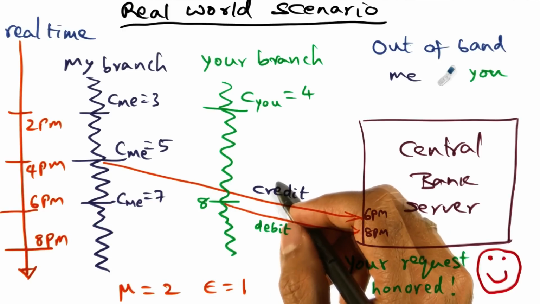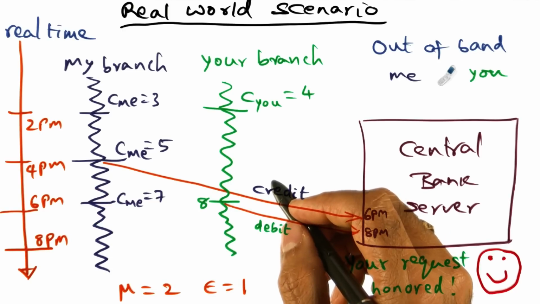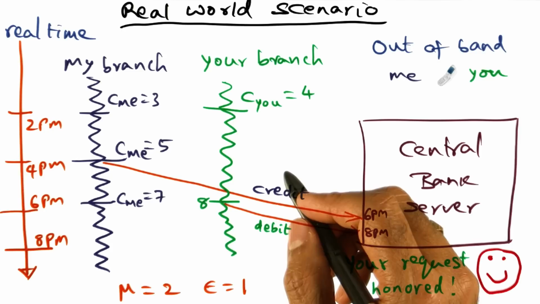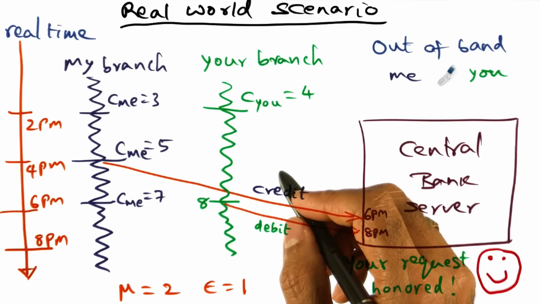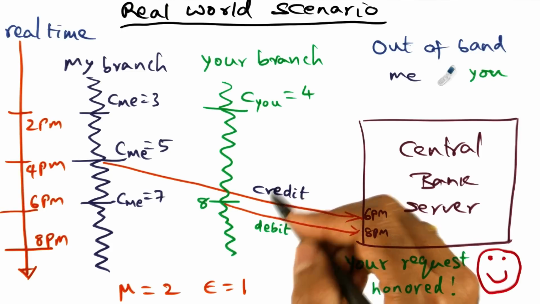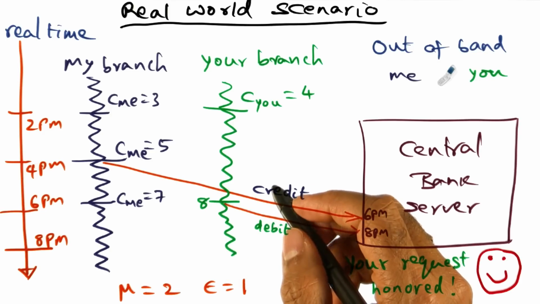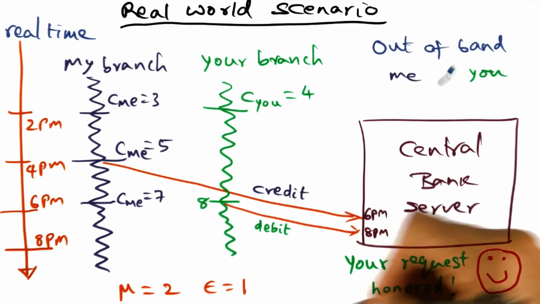So the important takeaway is that in constructing distributed applications which depend on real time, it is important to make sure that there are bounds on individual clock drift as well as mutual clock drift. So individual clock drift is what my clock is reading at any point of time and how far off is it from real time. And you want that to be bound by some small value which we call k. And the other important thing is that you want to make sure that the mutual clock drift is very, very small also,